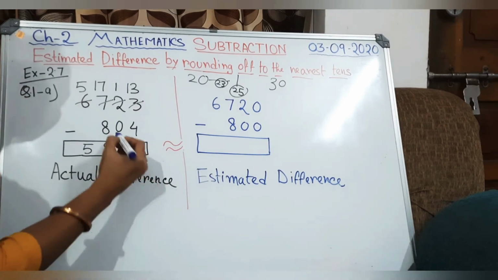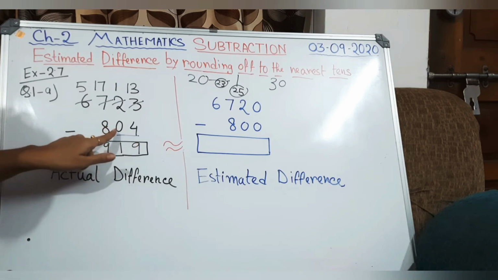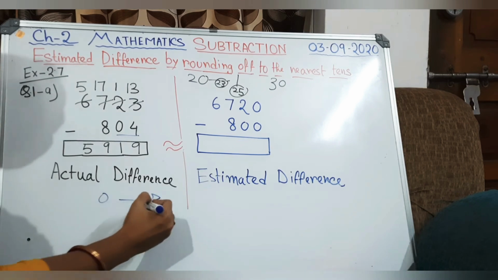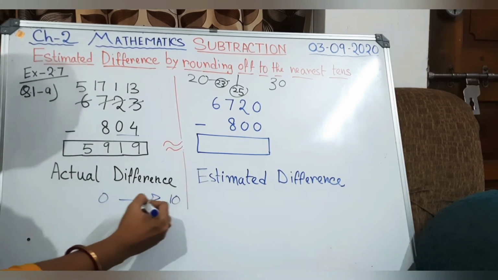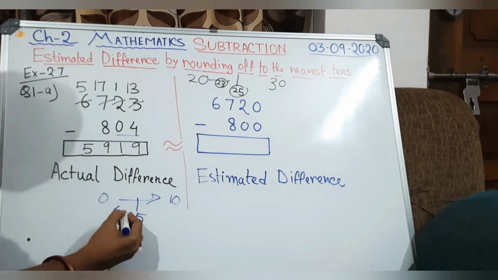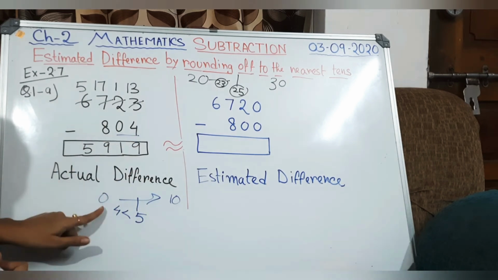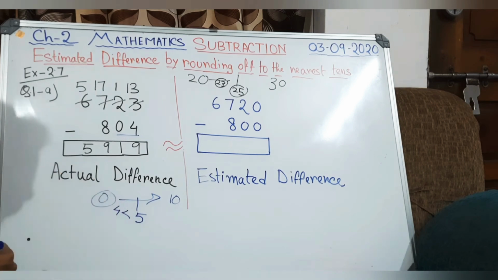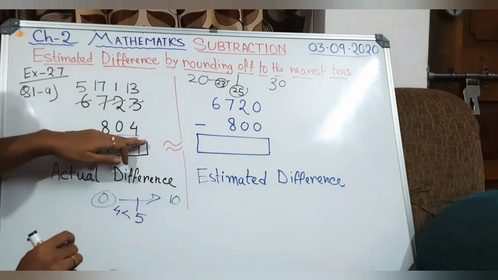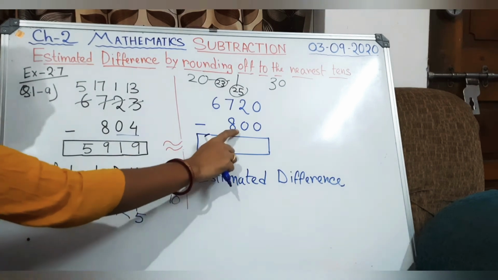Understood? Now come to this second number, that is 804. In this number also I have to change it. I have to make it to its round off number. Okay? So 04 means this scale is starting from 0 and its last limit is 10. In between 5 comes. So this 4 is less than 5. So when I change it to its nearest tens place, that time it will come 0. So here I have taken 800 only. Instead of 804, I have changed it to its nearest round off number to its 10, that is 800.